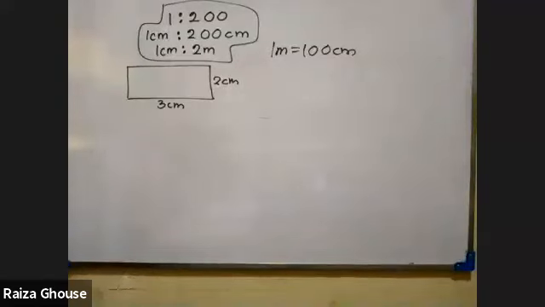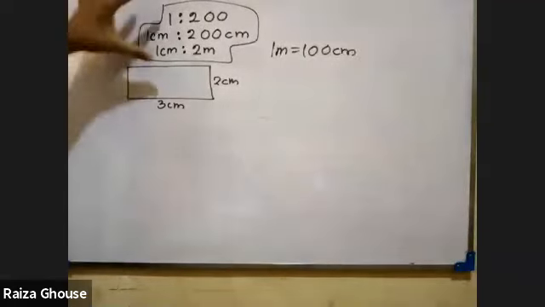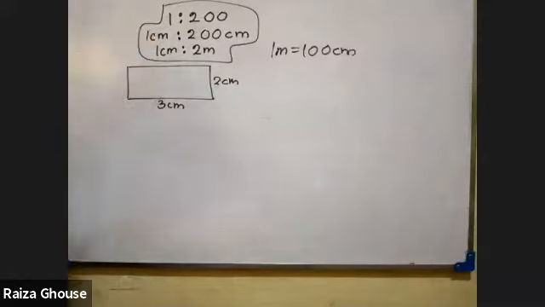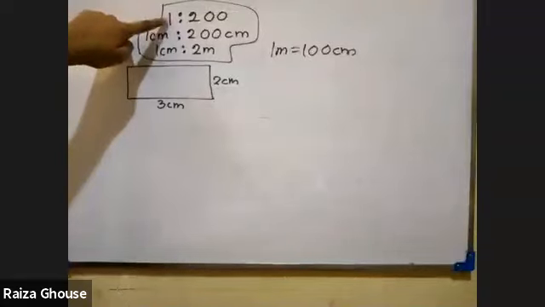So that means 1 centimeter in our scale diagram represents an actual length of 2 meters. Some have asked me to read the question. I'll read it short and sweet. Others, copy down this diagram and the working and show that 1 centimeter is representing 2 meter. I'll read the question shortly. A scale diagram drawn to the scale 1:200. That means this one, the first here, 1:200.